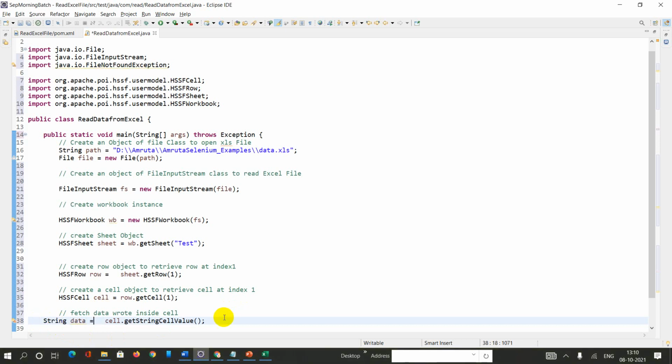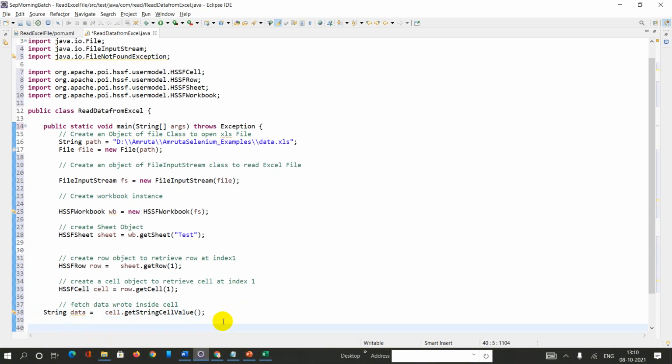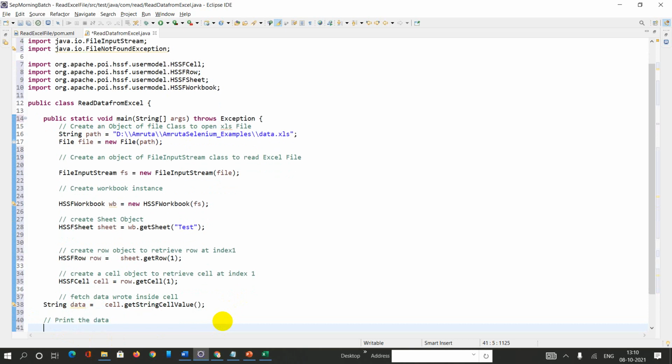The variable I am taking is data, and print the data. So I can say system.out.println, data is, and here I can say data. Right? Let's run the code.